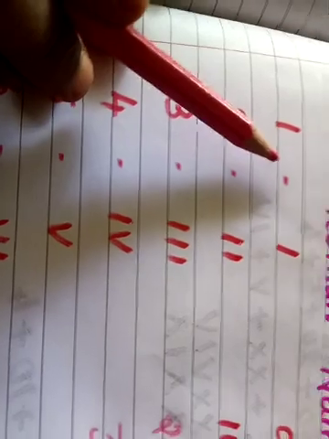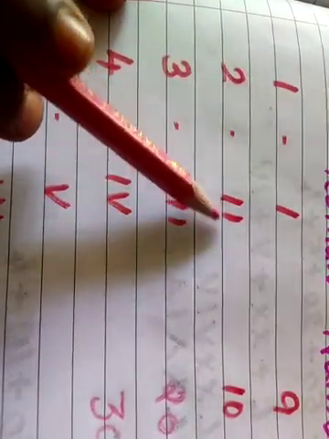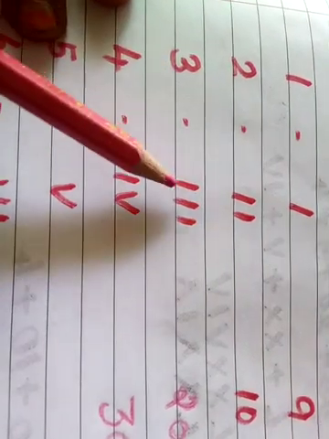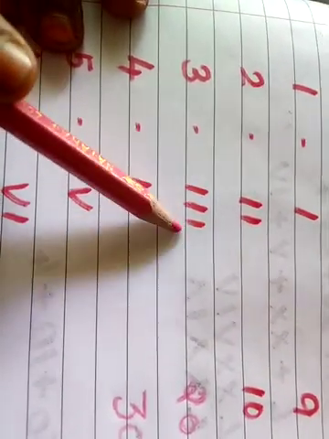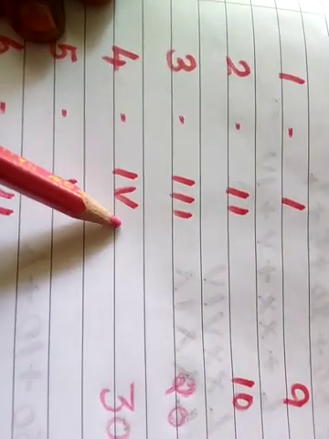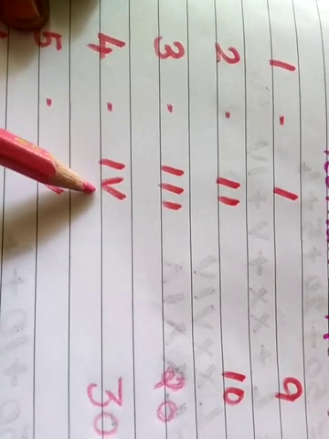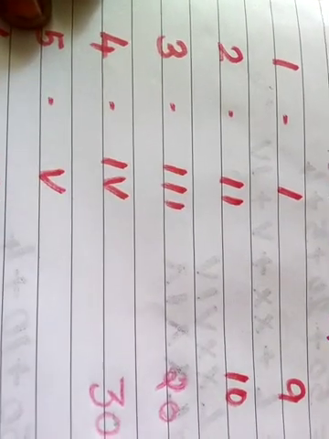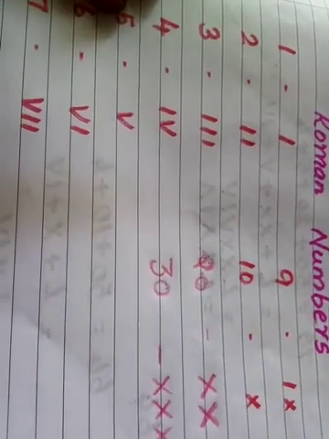In the same way, for 1 we write I, 2 we write as 1 plus 1, that is II. Again 3 is also the same way, 1 plus 1 plus 1, that is III. But 4 we cannot write as 1 plus 1 plus 1 plus 1. That's wrong. So we write it as IV. How we get this, I'll tell you afterwards. So in Roman numerals, a letter is repeated only a maximum of 3 times. I hope that you have understood clearly.